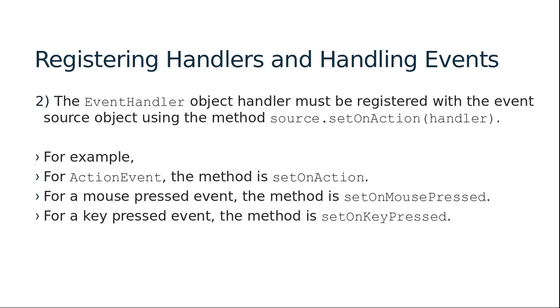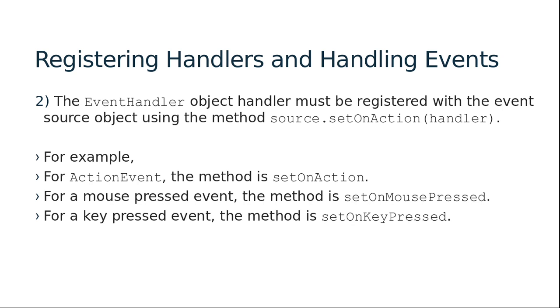Any event handler we want to register must be an event handler object. Event handler is nothing but an inbuilt class, so we need to create an object of that class and then we register it. To register that, we use our source and then we use a method